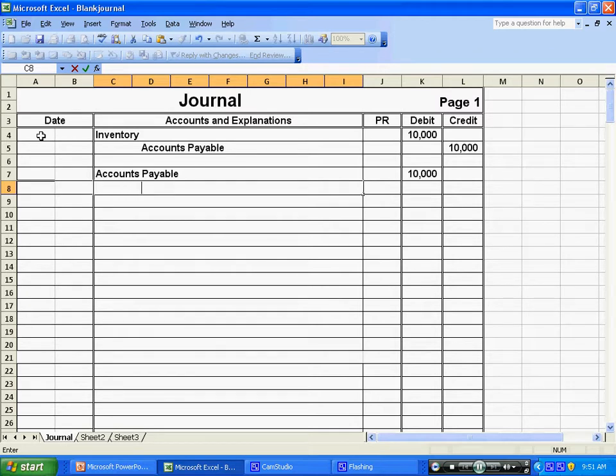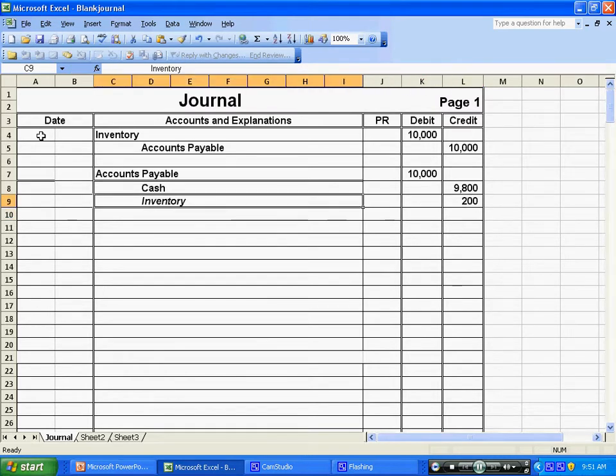Step number 2, credit the cash for 100% less the discount amount. The discount amount is 2%. So you credit cash for 100% less 2%, or 98%. 98% of what? 98% of the $10,000. So you credit the cash for 98% of the accounts payable,